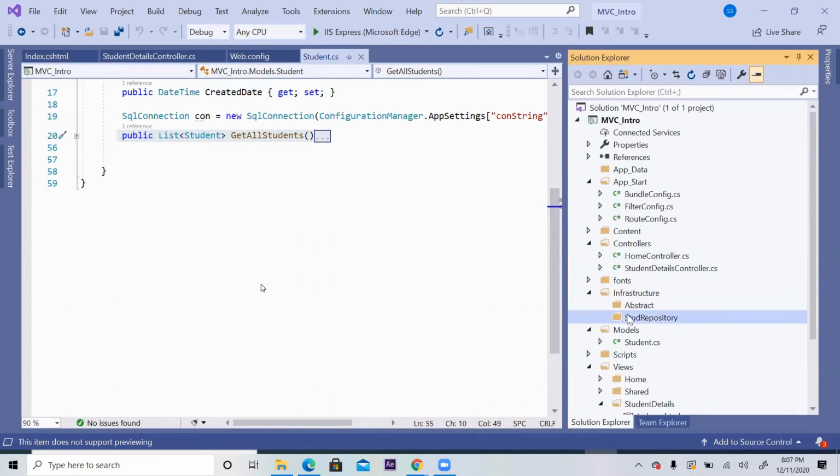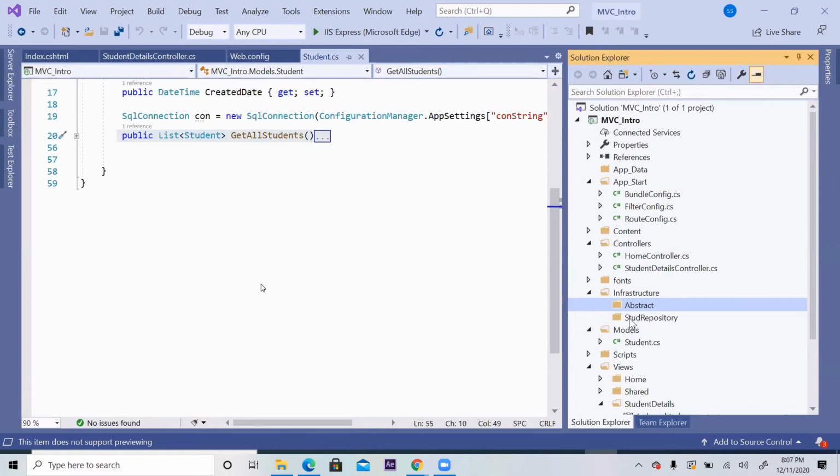That means whatever class we are going to add for repository that is going to communicate with the database, those classes should be abstracted from some interface, one or more interfaces.